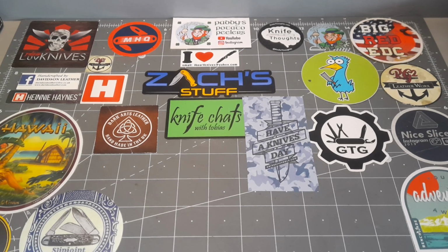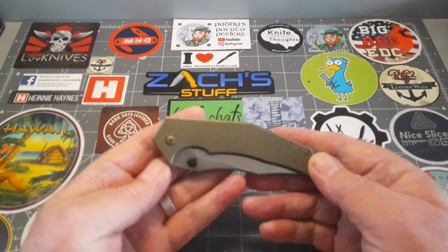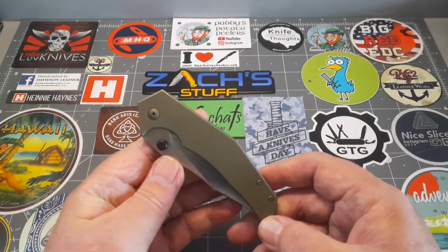I'm going to start with the lower value. This is over £150 value, and I'm going to start with the lowest first and work up to my highest, and then I'll tell you which one is my knife of the year. Now, here we go. Here's the first one, and this really isn't a Paddy knife, but